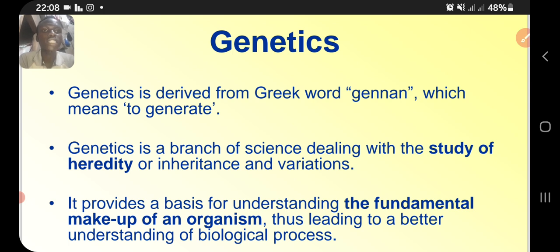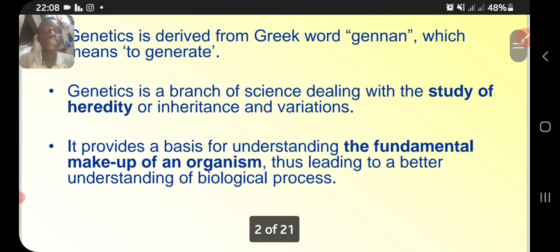Genetics is a branch of science dealing with the study of heredity or inheritance and variations. So it provides the basis for understanding the fundamental makeup of an organism. Here, basically, we understand how an organism is built, what the codes of the organism are. So that leads to a better understanding of biological processes, because no process can take place in the body if